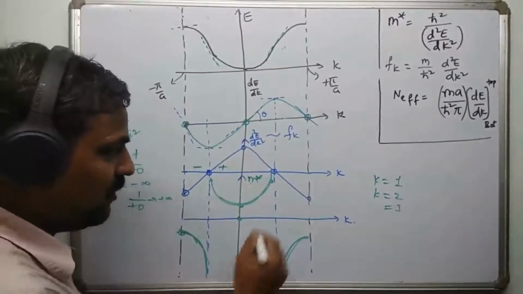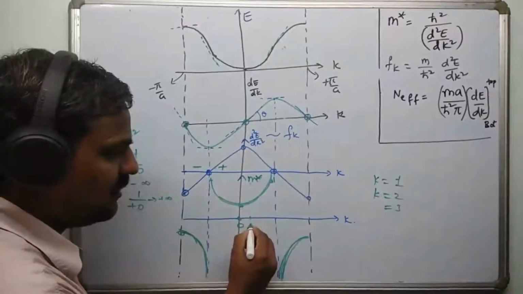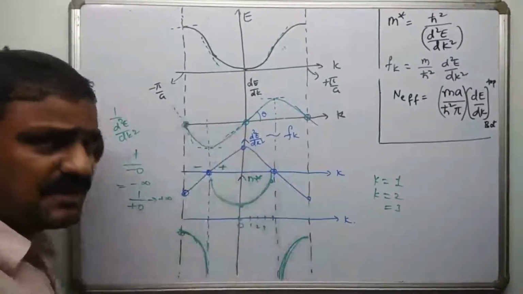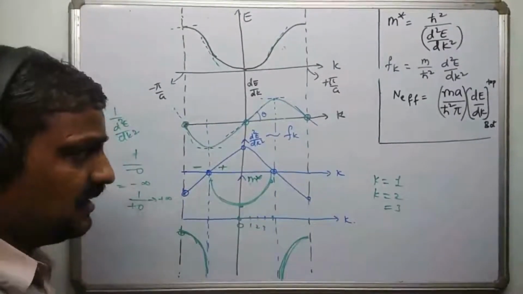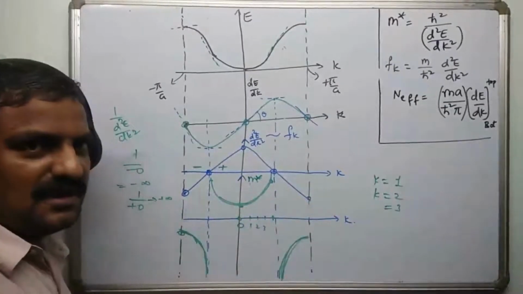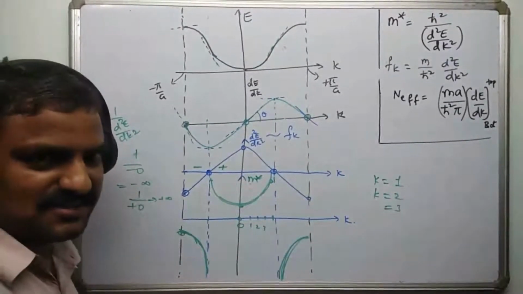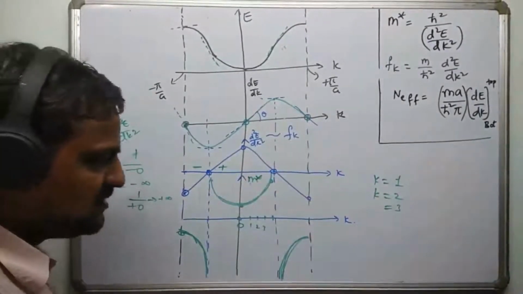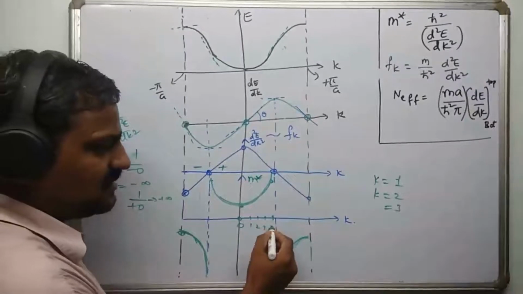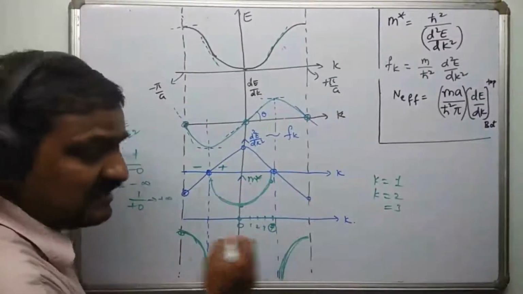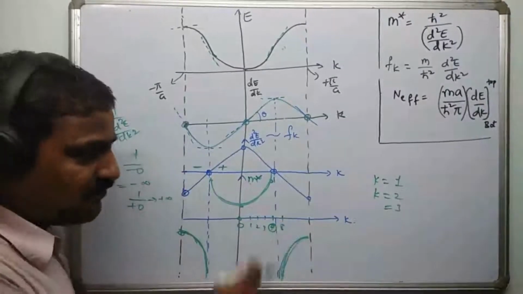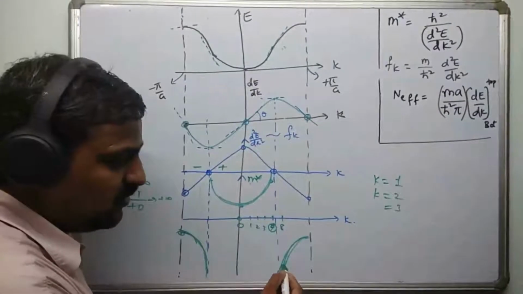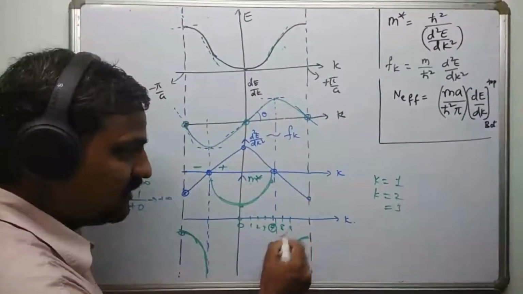Then at one particular roll number, because it is k equal to 0, 1, 2, 3 and so on, at one particular roll number, mass is becoming infinity. Effective mass is becoming infinity. That means that particular state is not allowed, because a particle with infinite mass cannot exist. It is not possible, right? So at this site, it is not possible to exist. And if you still fill the electrons after this site, let us say at some 7, as an example only, at some 7 this discontinuity is there. You have the 8th seat. If you allocate the 8th roll number seat to an electron, it is going to have negative mass, 9, negative mass, 10.